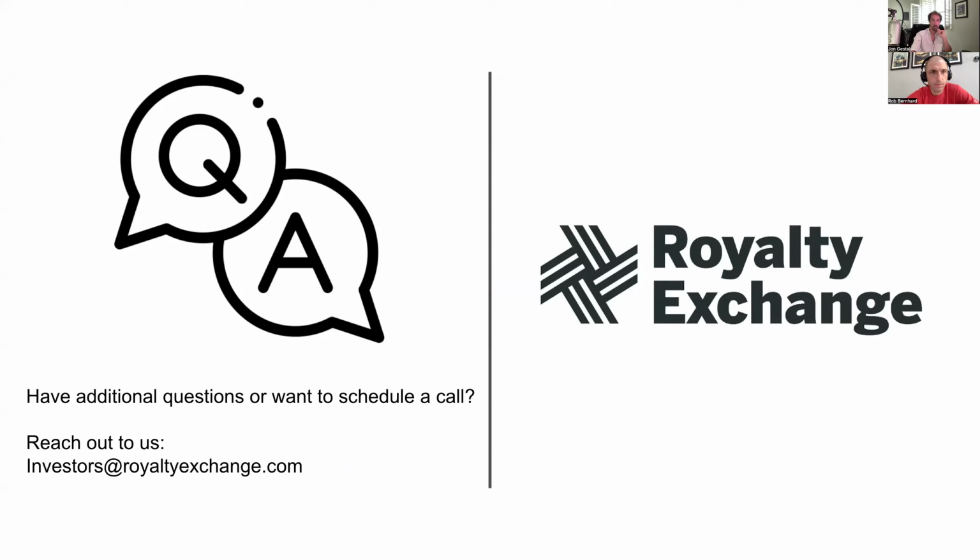Good question here. The payout procedure is pretty straightforward. Once you buy something, as part of the closing process, you'll set up all your banking information in our payment portal. Once that's done, everything you'll need will be found on Royalty Exchange. You'll go to your buyer dashboard, you'll see your assets listed there. That's where you can download any statements for payments you've received.